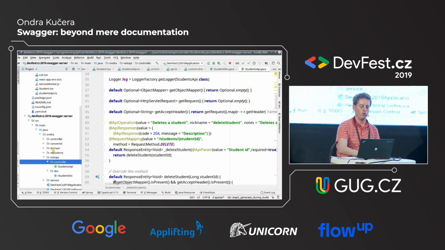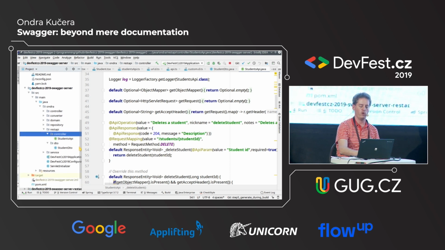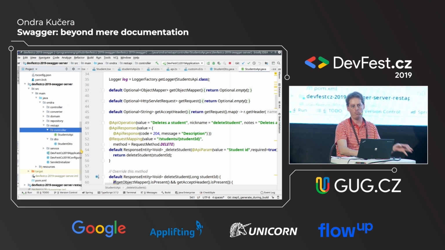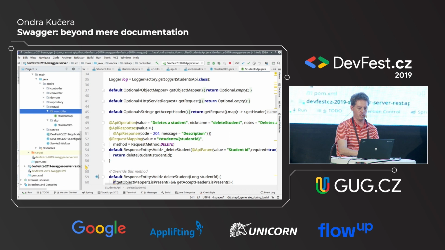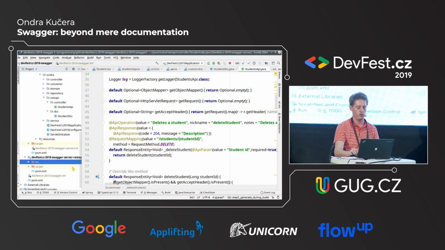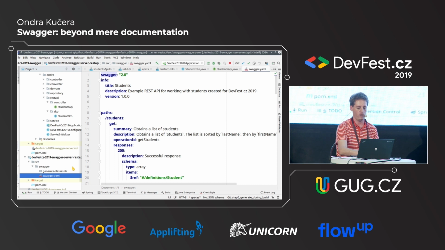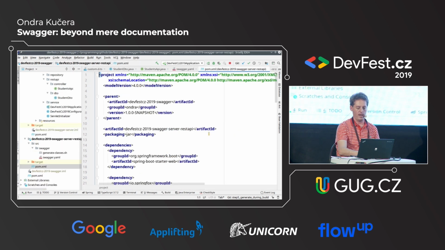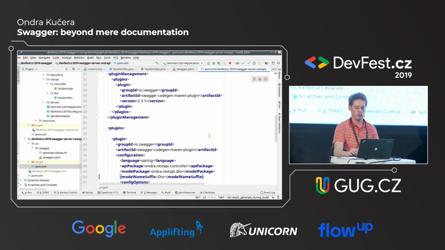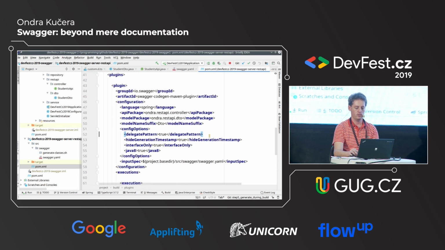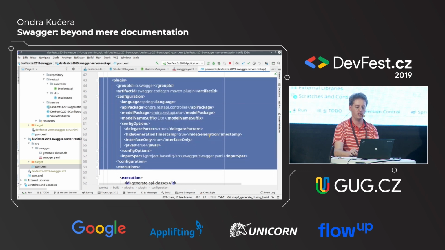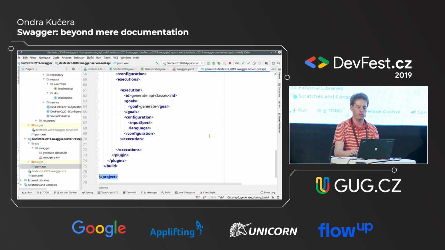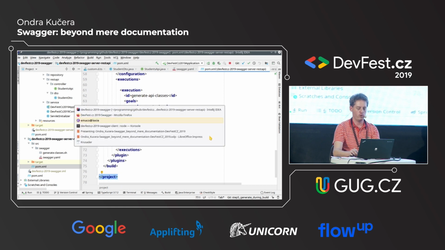Luckily, Swagger CodeGen contains a plugin for Maven. For those of you who don't know Java, Maven is a build tool for Java, one of the most popular. And so what I can do is to create a new Maven module for Java that contains only the Swagger file and put my Swagger CodeGen here. This is the definition of what should be generated and how it should be generated and where it should be put. And now if I compile the project,